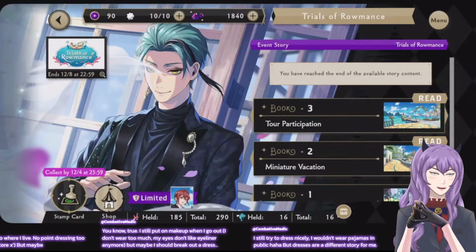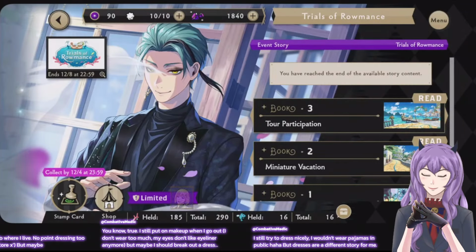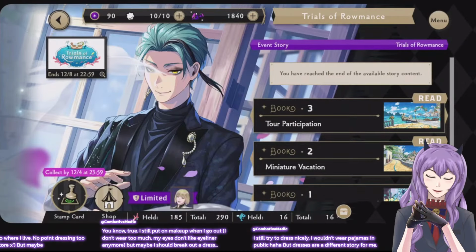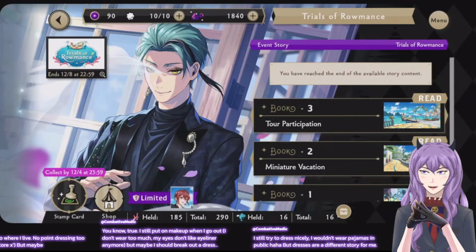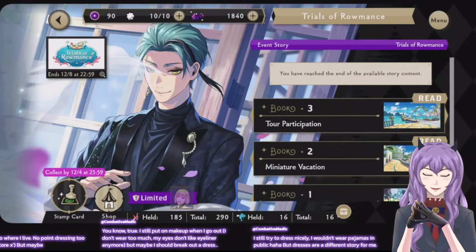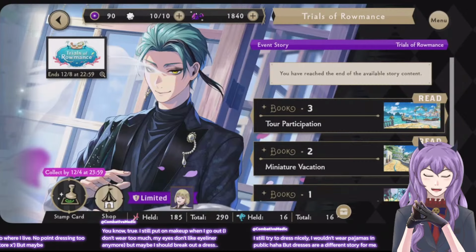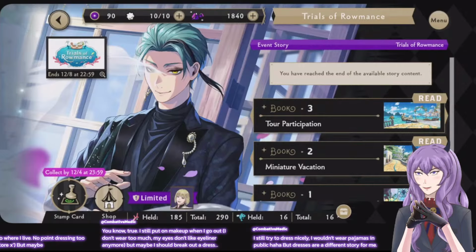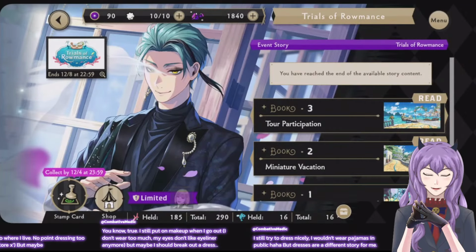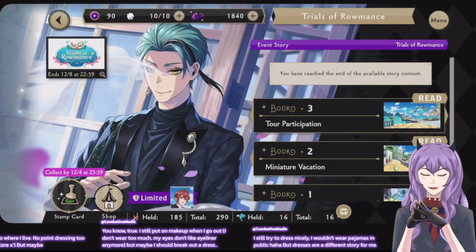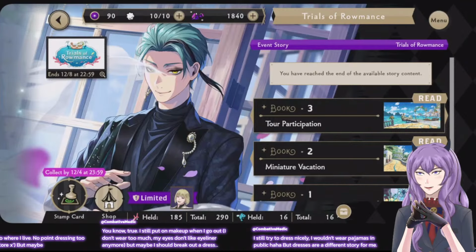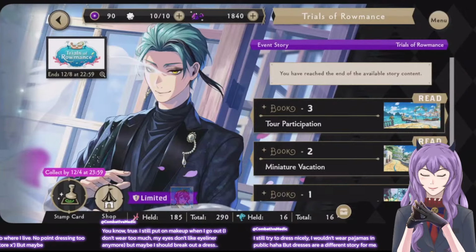I'm trying to think though, there are some clothes I've been sitting on in my closet because it will stand out too much if I wore it. I own one Lolita fashion dress, and I have not been able to wear this dress anywhere because it's Lolita fashion. It's classic Lolita, and it's also in a maroon color, so it kind of stands out. So that one has been sitting around my closet, because I'm like, I don't know when I'll be able to wear this.